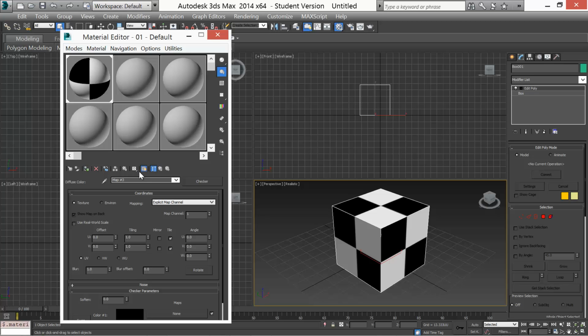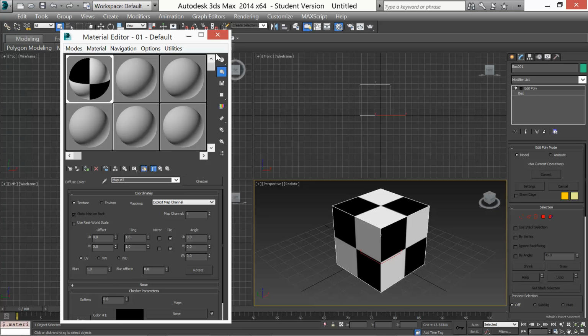Once we've done those two things, the shader is applied to the box, and the shader is then placed into a list for our UV editor in order to manipulate that shader in our UVW unwrapping